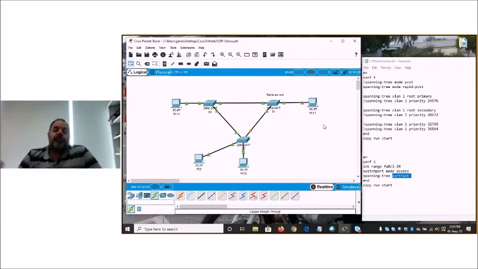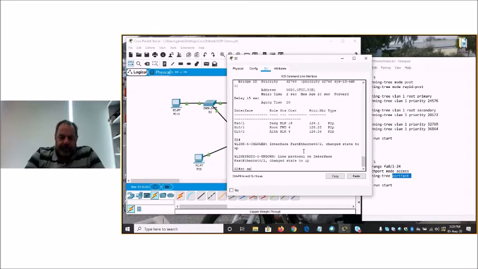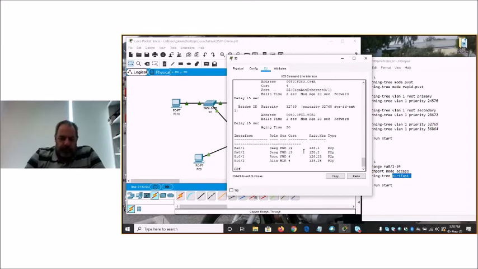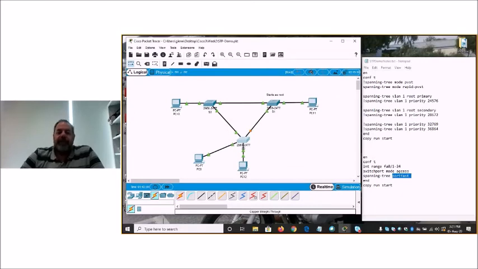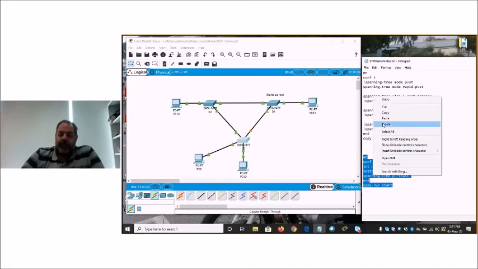So spanning tree, okay, spanning tree's figured out that it's an edge port. Let's have another look at that. It's figured out it's a point-to-point link, so there's no other switches there. So it's actually come up quicker because of RSTP, basically. But you can actually do this, and it was yellow for a little time. If we do this on the ports,